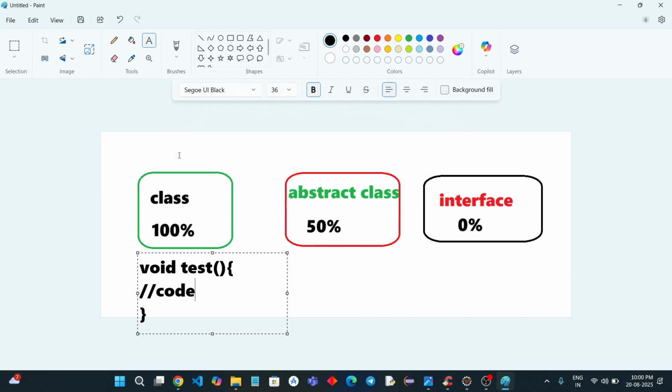So whenever you're 100% sure about the class functions, then go for the class concept. Okay. But sometimes,